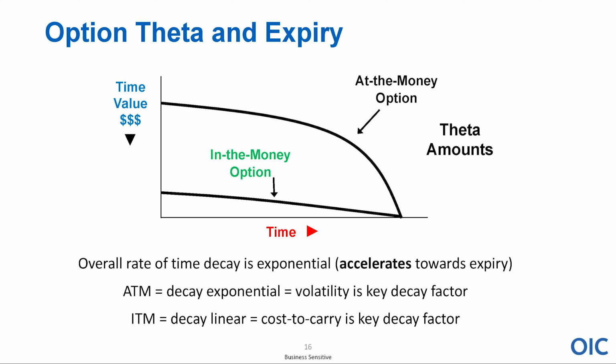So the option that's trading for $4 now, the stock is trading at 84, maybe it was trading for $5 with a year to go, and almost monthly it seems to be losing about 8 or 9 cents a month because it's in the money. But the at-the-money option holds onto the time premium much longer. The same with out-of-the-money options. They're kind of worthless, kind of low-priced, but maybe it was trading for 20 cents, and a month later it's trading for 18 cents, right, with a year to go. So when you see the time decay curve, what we are referring to most of the time is the at-the-money option seems to decay in this manner, okay?